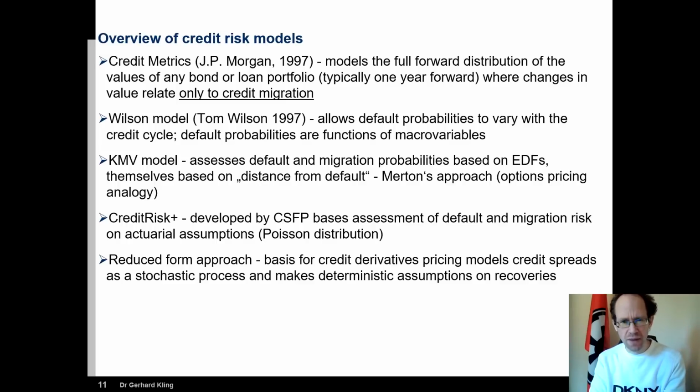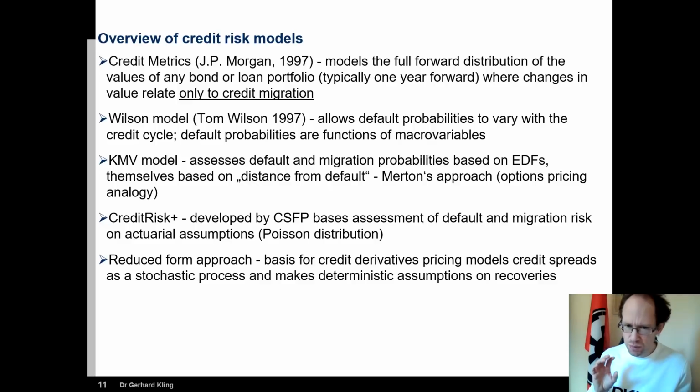Then you see methods which go into what you call the Merton approach. I'm quite sure you came across this before. So that's what is called a distance to default approach. So what Merton does is, Merton looks at the asset structure, liability structure of a company, and uses measures of market volatility to assess the volatility of assets. And if assets are fluctuating too much, the risk becomes higher that you go into an insolvency default, which means that your assets are simply not enough to meet your liabilities.